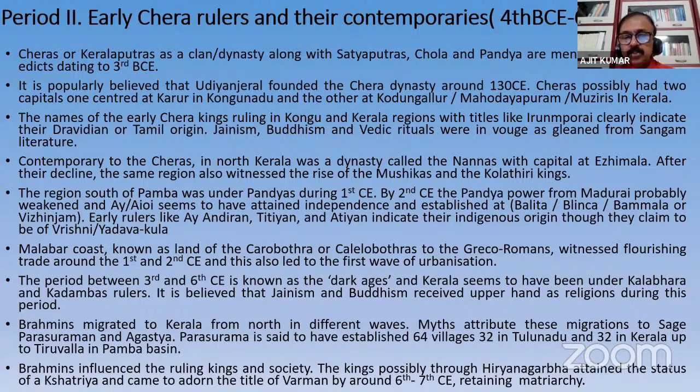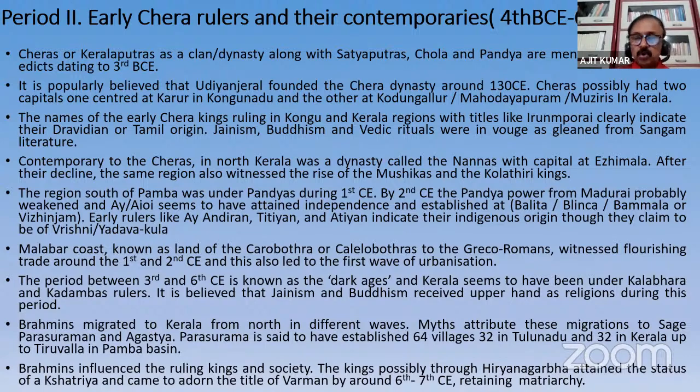In the 2nd century CE, the Pandya power from Madurai probably weakened, and this resulted in the Ays, who were probably feudatories to the Pandyas during that early period, attaining some sort of independence and establishing their capital at Vizhinjam, which is also known as Balita, Blinga, or Bammala in various other sources. Balita is mentioned in the Periplus of the Erythraean Sea. Blinga is mentioned by Ptolemy. Bammala is also mentioned